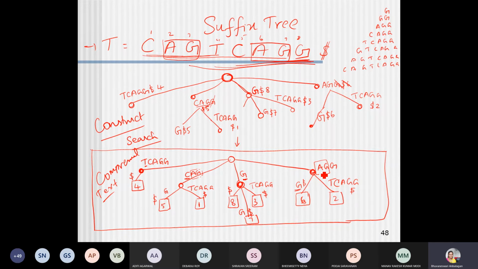No, it is not starting from A. Here is the only node where I can look for A, G. Initially, A is the initial string which needs to get matched, right? So the search control will come to this particular tree, and after this it will find this is going to be the place where I can find AG, and this is going to have the index 2, right? So it will return that A has occurred in 2.